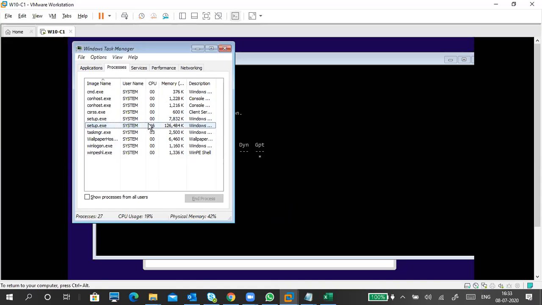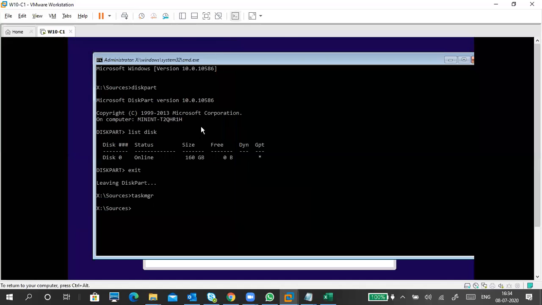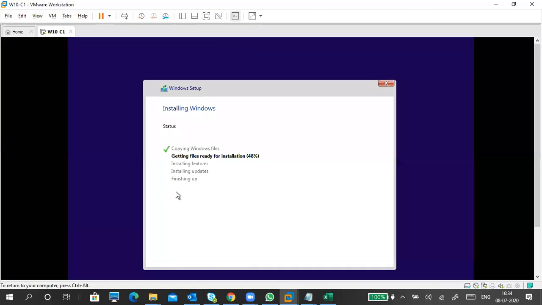But I am pushing this to high priority, so it may install a little bit faster, though you can't feel that much. You would have to compare two systems, with and without priority changing. Okay, so I click on exit.